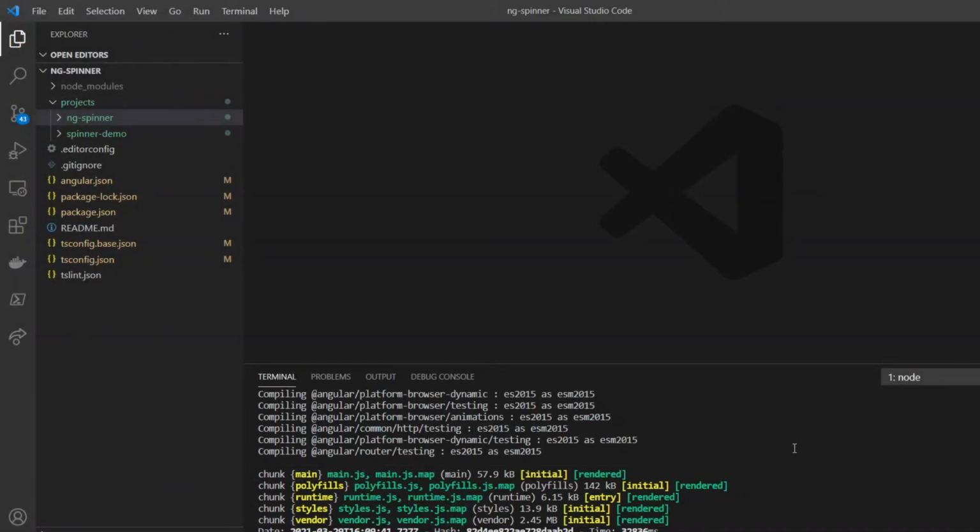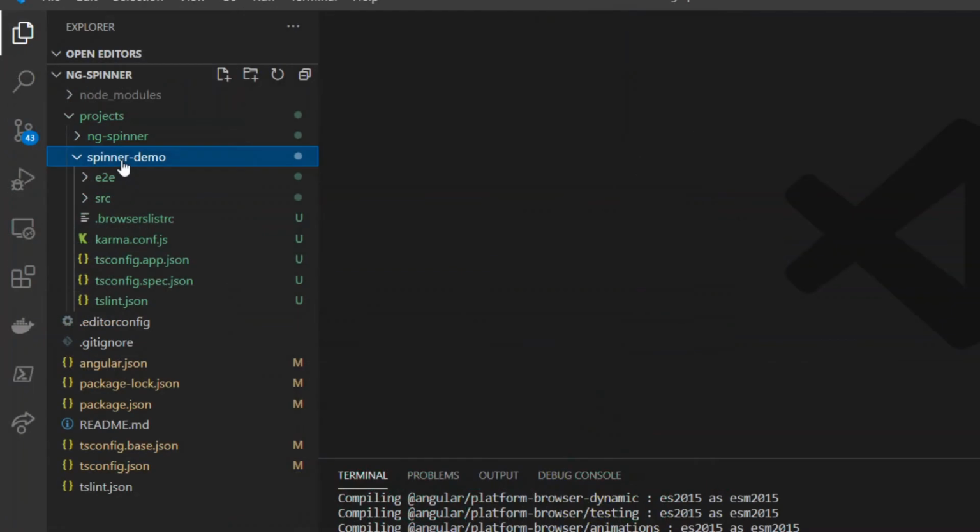This time we will add our actual library code. That means we will add the actual business logic inside the library and we will demonstrate that library inside the spinner demo project. So instead of you seeing me typing, I am going to use the code from the last example, that is the spinner component, and add it here. So you can have the same spinner component that was designed in the last video, which will be published as an Angular library. So please have patience and I will just move this video forward to the version with the code added.